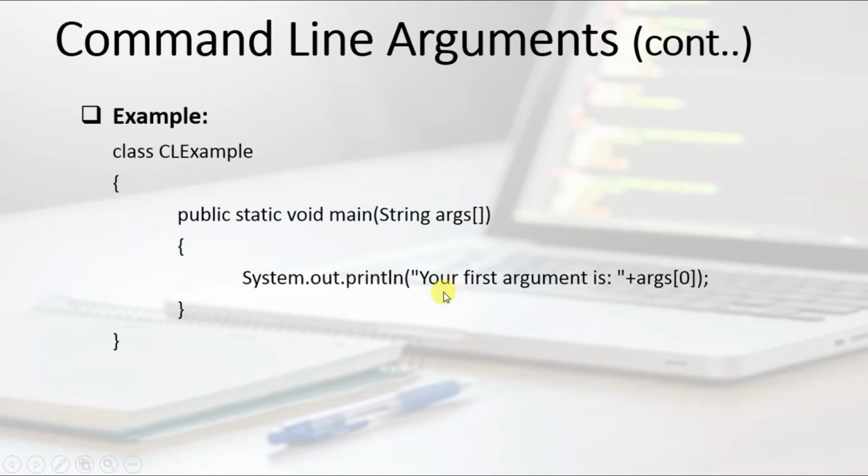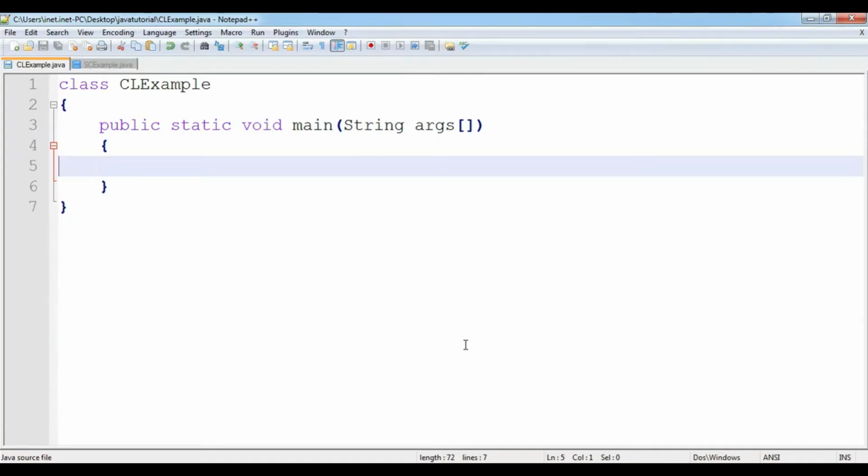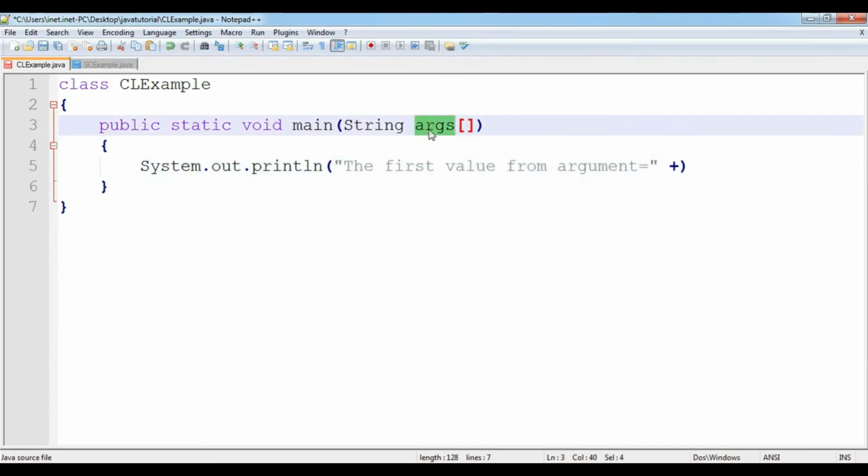Let's take an example. Suppose in this example, I have defined the class name as CL example, public static void main and String args. Now to print something, the first value from argument is equal to, now as a concatenation plus operator and the name that you pass through the command line argument is this args as an array.